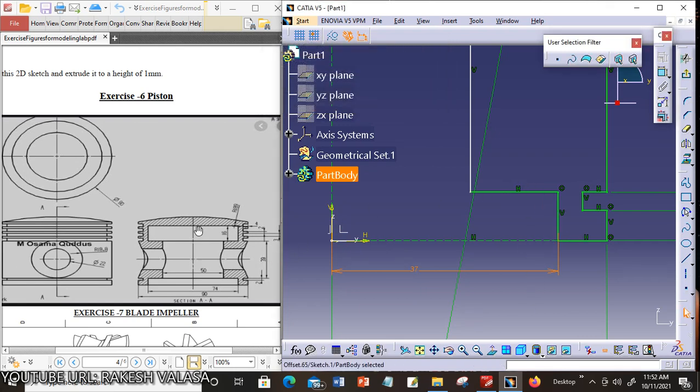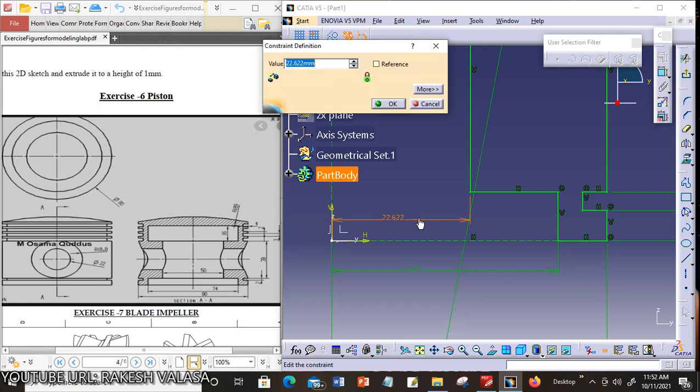Next, the distance between this vertical axis and this vertical edge is 50 by 2, that is 25.